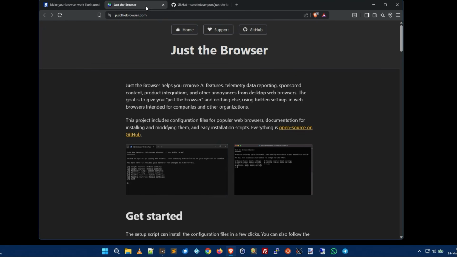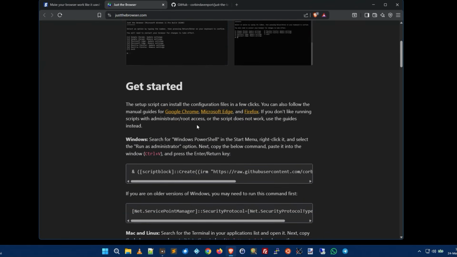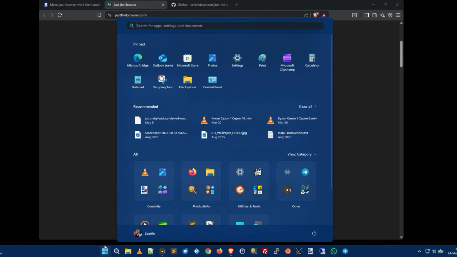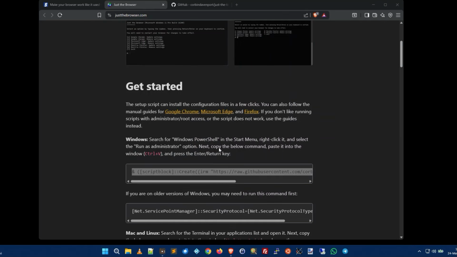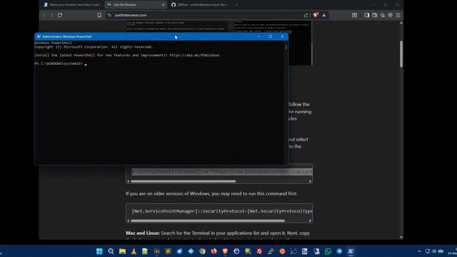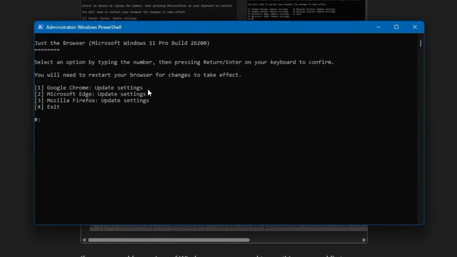Now, how does it actually work? Well, for Windows, which is probably what most people have, you can scroll down to the Get Started section and it gives you instructions right there on justthebrowser.com, but we're going to triple click that and copy, and then we're going to run PowerShell by clicking Start, typing PowerShell, and we want Windows PowerShell, run as administrator, confirm that, and then all we're going to do is copy that script, right-click the mouse button, and here you